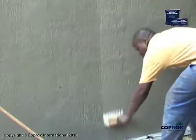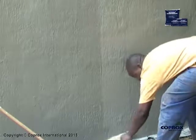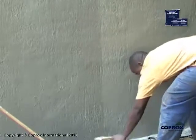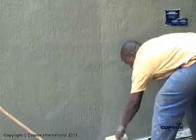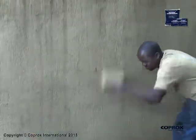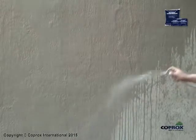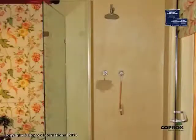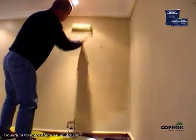Powdering. The structure will only absorb sufficient COPROX masonry waterproofing as is necessary to render it waterproof. Powdering after curing may therefore occur. Simply dust or wash off the excess. When being used for decorative purposes, bathrooms, showers and kitchens should be sealed with COPROX wall and floor clear sealer